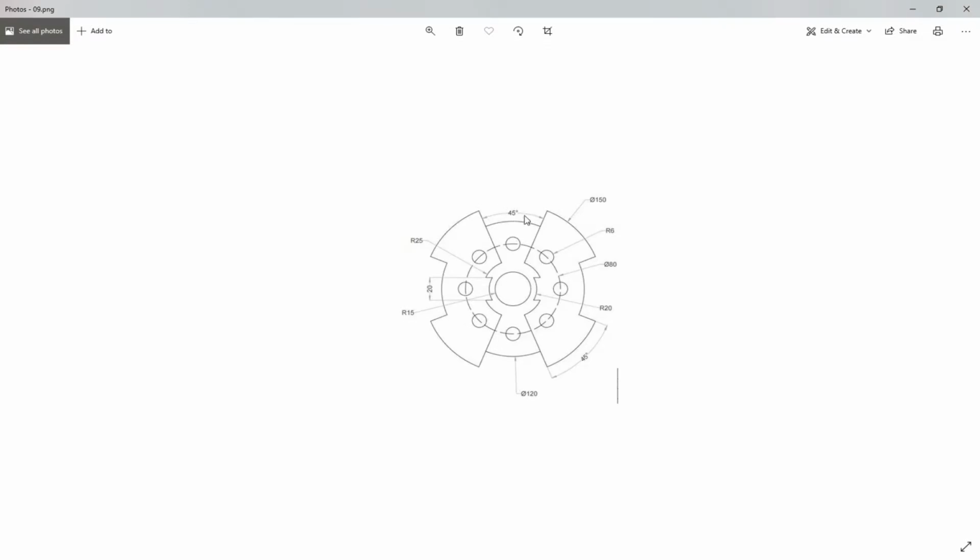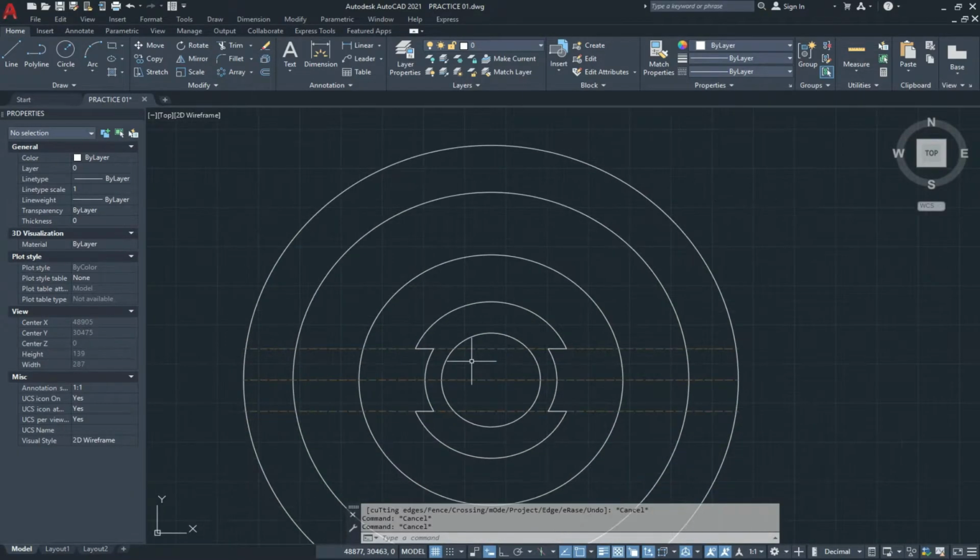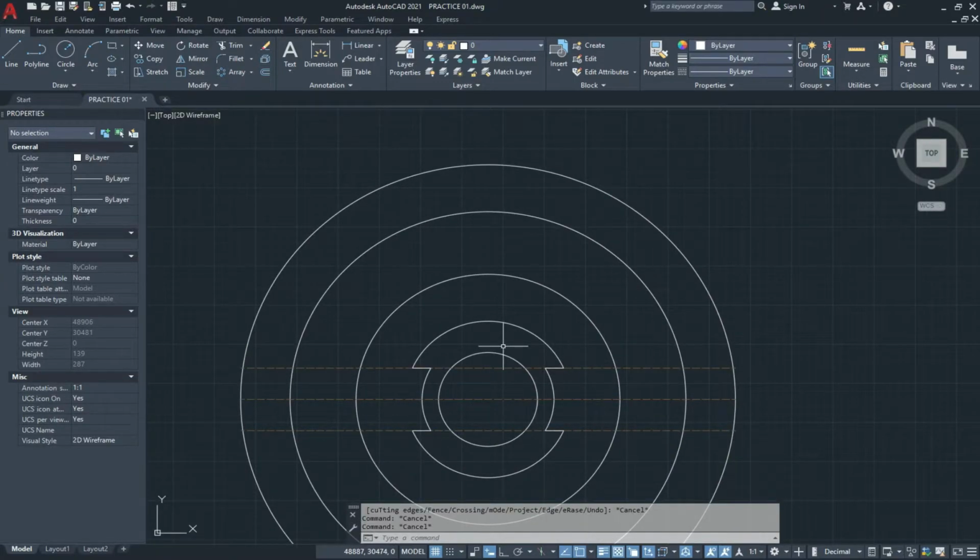So guys, we have this angle of 45 degrees, which means 22.5 degrees on this side and 22.5 degrees on this side. So we make this angle, and for that if we subtract 22.5 degrees from 90 degrees, then we have the angle of 67.5 degrees.